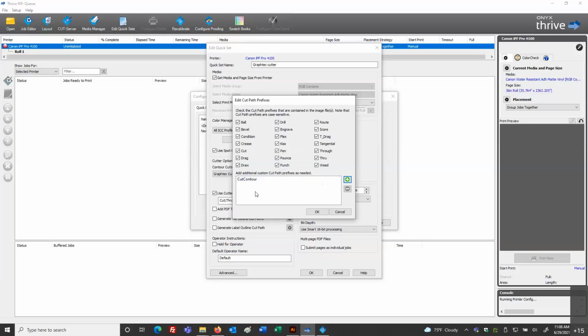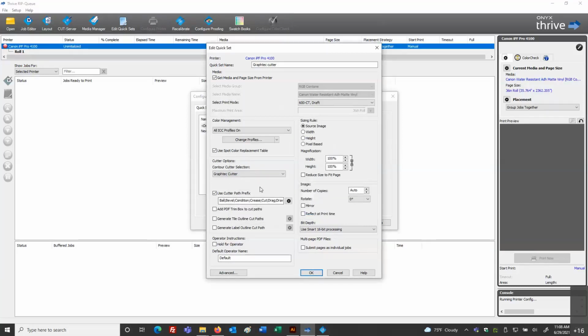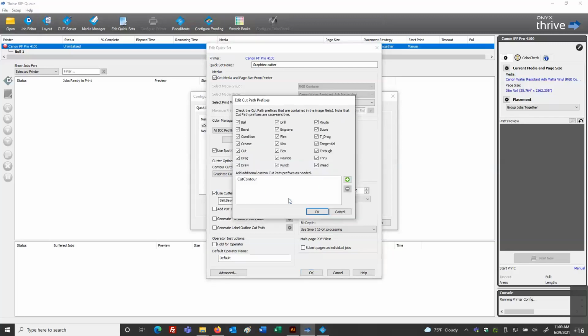The point to all of these names is that this is going to be the name associated in the file as the cut path. So we're going to have to make a spot color with this exact name, case and space sensitive. You'll notice when we look at these names, they're either one word or there's an underscore.